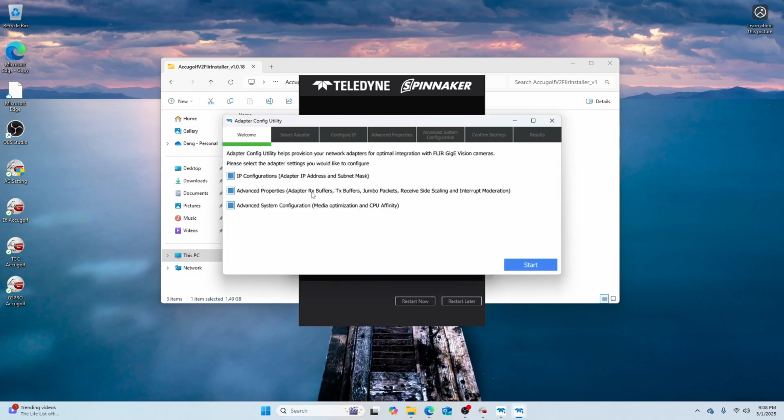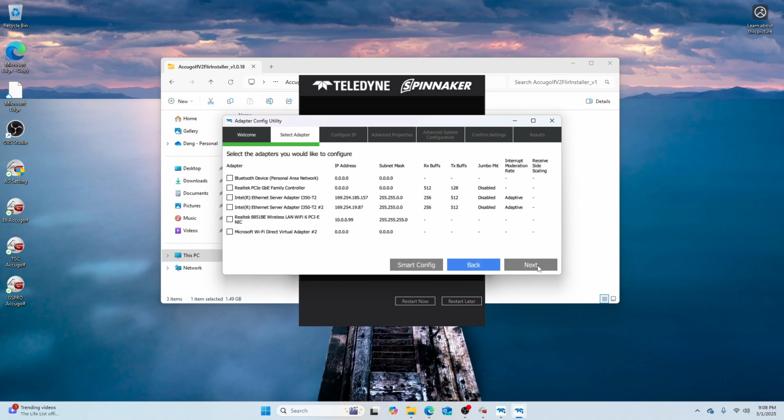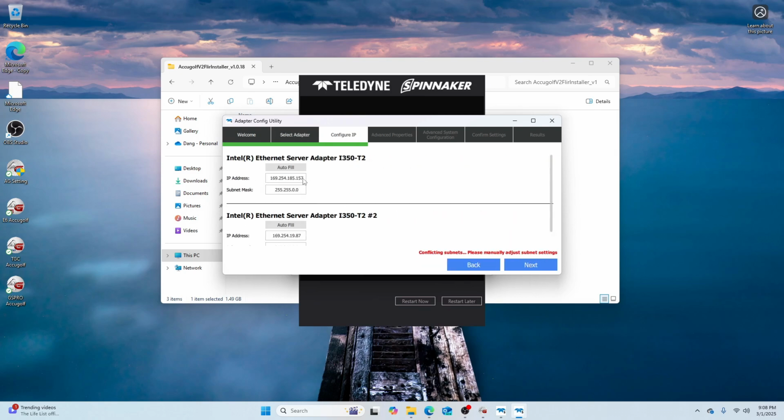Once the download is done, you'll see an adapter config utility pop up. We're going to make sure all these three boxes are checked. Hit start. And the only two boxes we're going to check are the Intel R Ethernet server adapter i350-T2 and T2 number 2. We're going to go next. And on the IP address, we're going to type these exact numbers,